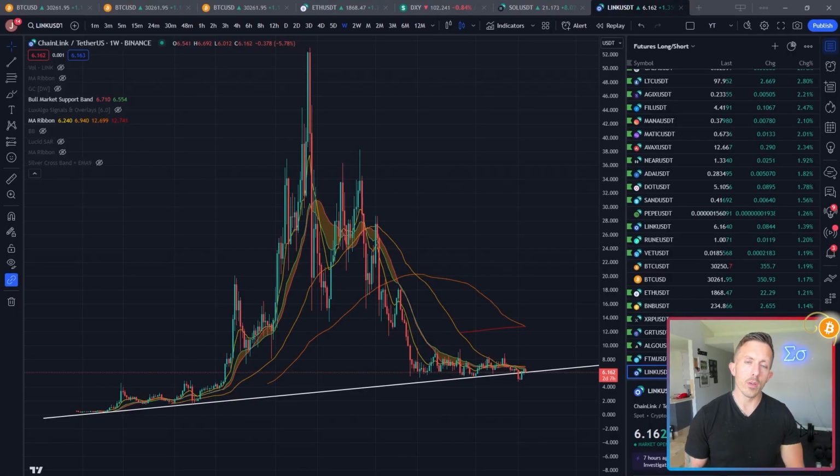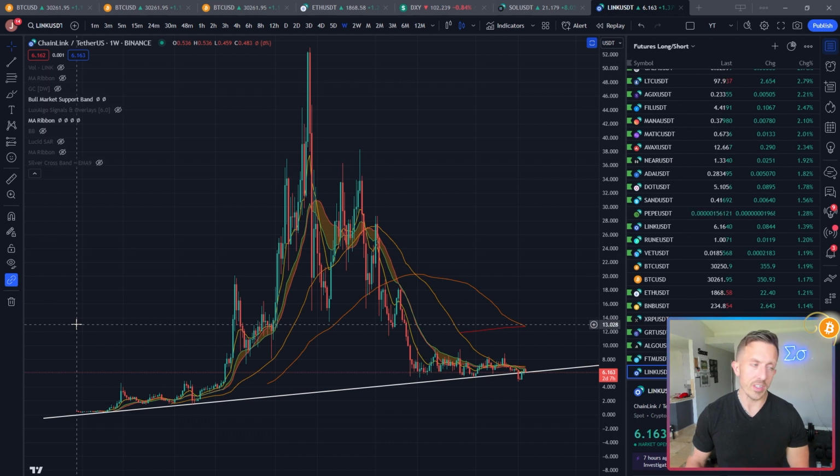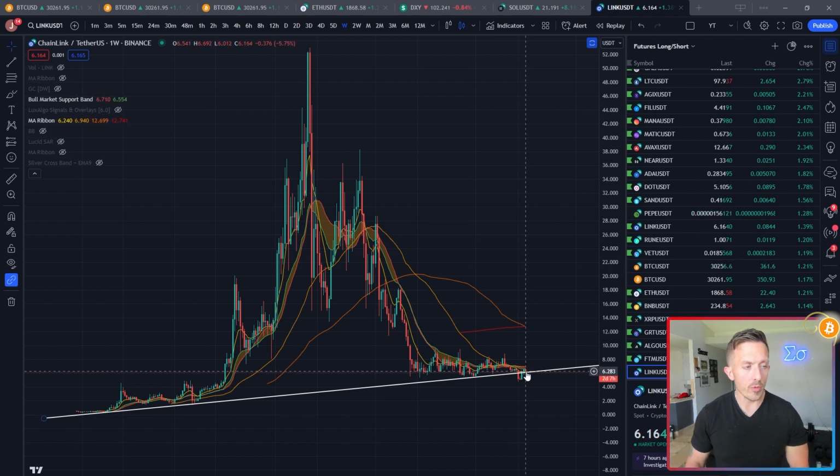All right, so let's look at a little Chainlink TA. First thing I want to note is that I have the Binance chart to Tether pulled up, and I have the 1 week time frame up. You can see there is a very, very long support line that Chainlink has been above for a very long time, to the tune of January 2019. Just a few weeks ago, Chainlink actually popped down below and has since gone back up and reclaimed that support line, which for me is somewhat bullish.